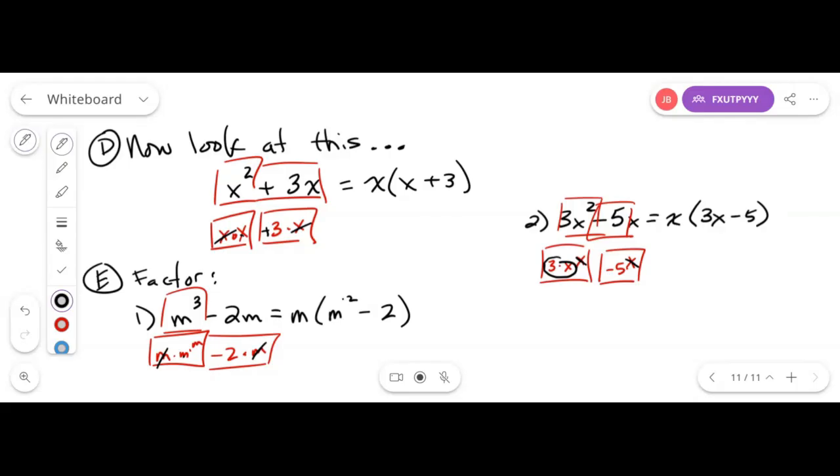Okay, now I'm going to stop drawing the boxes because you need to be able to see what is happening. I may go back to the boxes in a few minutes when the problems get a little bit more complicated, but right now, I'm going to stop writing the boxes. Let's look at